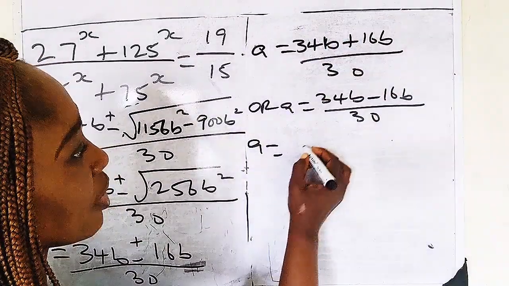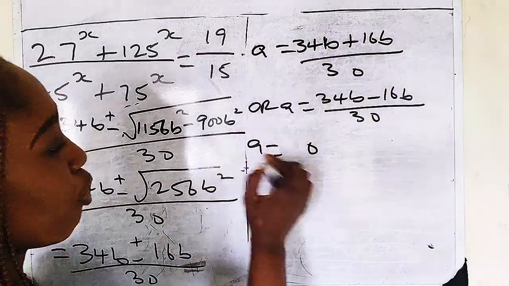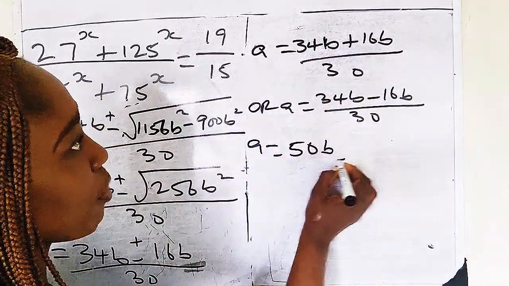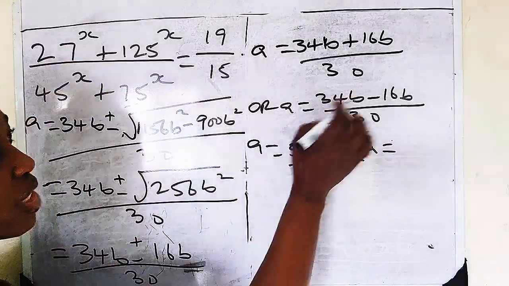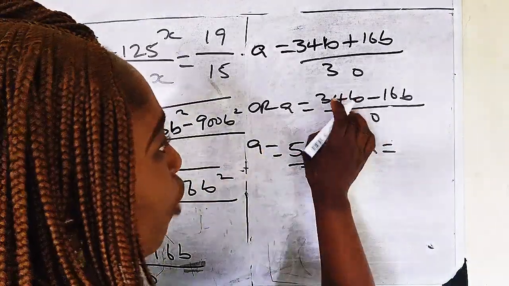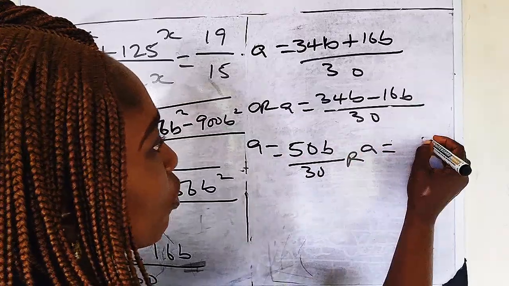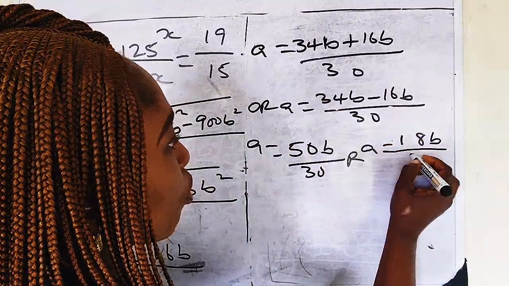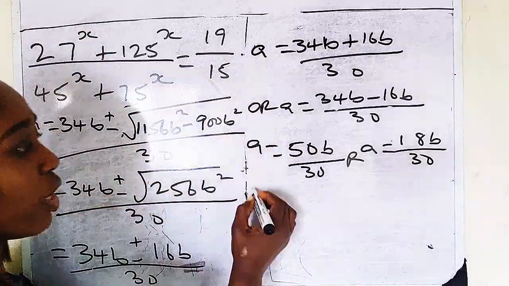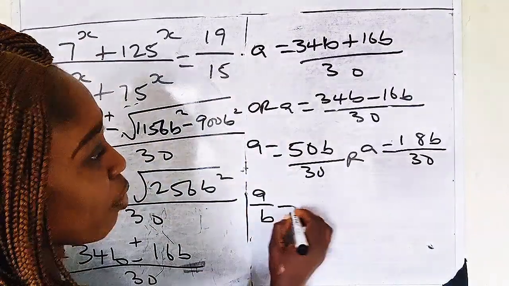6 plus 4 is 10. Carry 1. 3 plus 1, 4 plus 1, 5. So we have 50b over 30, or A is equal to 34 minus 16. 14 minus 6 will give us 8. 2 minus 1 will give us 1. So 18b over 30. So A over B will now be equal to